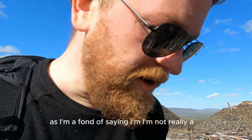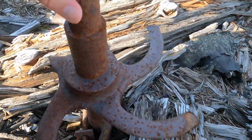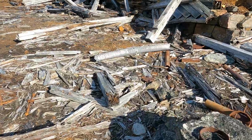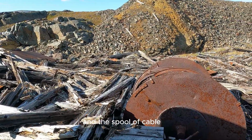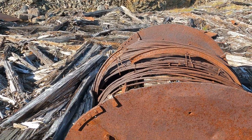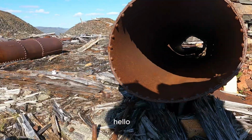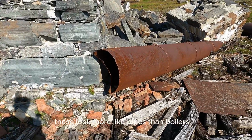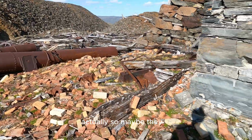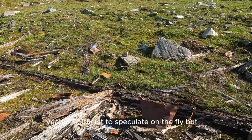As I'm fond of saying, I'm not really a hydro engineer. What is this? There's lots of crap here. And huge, I don't know what these are. Look like boilers. And the spool of cable. There's some pretty serious industrial stuff going on here. There's more. Well, these look more like pipes than boilers actually. So maybe they... Yeah, it's difficult to speculate on the fly, but...